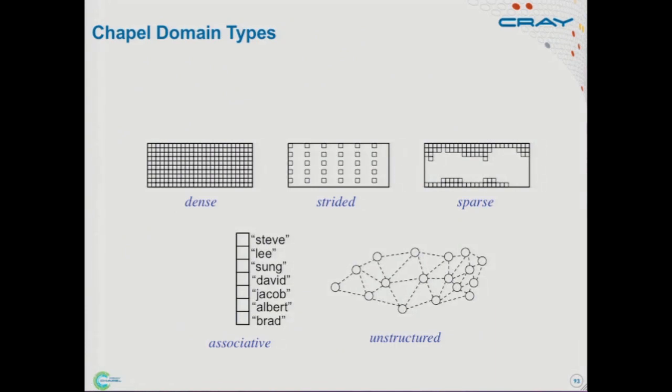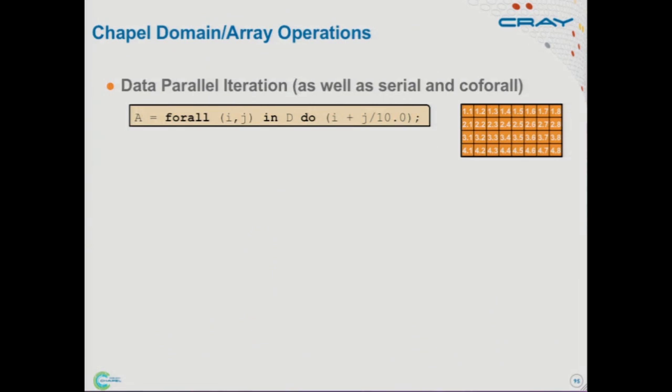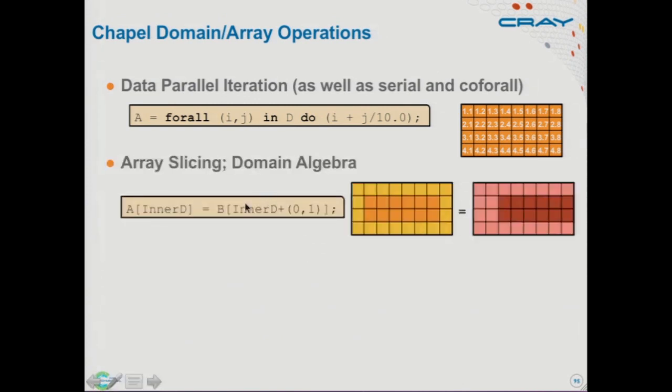One of the things we do with these domains, as you might guess, is use them to declare arrays. There's a syntax that says, in fact, we've seen it, give me an array over this index set and of this element type, and then voila, you have data for every index in your index set. The operations you can do with these are pretty high level, and we've seen some of these in passing as well. There are forall loops, which say, in this case, for all indices i, j in my domain D, compute i plus j divided by 10, and assign that collection back to the array A. What this will do is give every element in A a value that's its row number dot its column number.